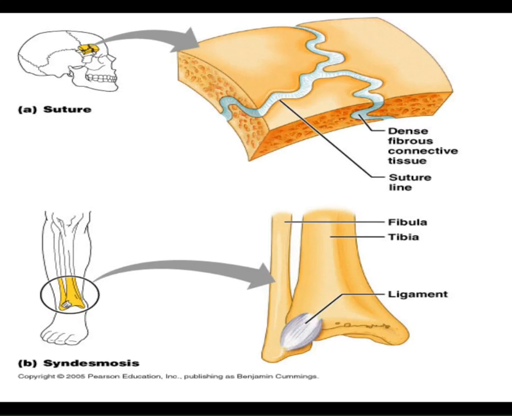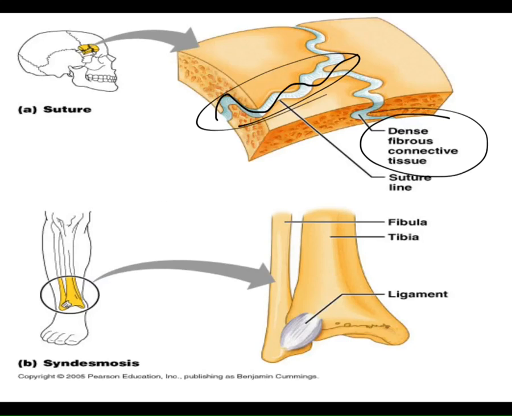So just to get a visual of this, you can see here that the sutures come together, and here it's not even cartilage, right? It's not even the same kind of cartilage we would expect to see in a bone. It's actually dense connective tissue that glues those bones together in the sutures. And then here is that ligament, as an example, that's connecting the tibia to the fibula. Again, at the distal end, those bones are being held together by a ligament, and that's that syndesmosis word, where